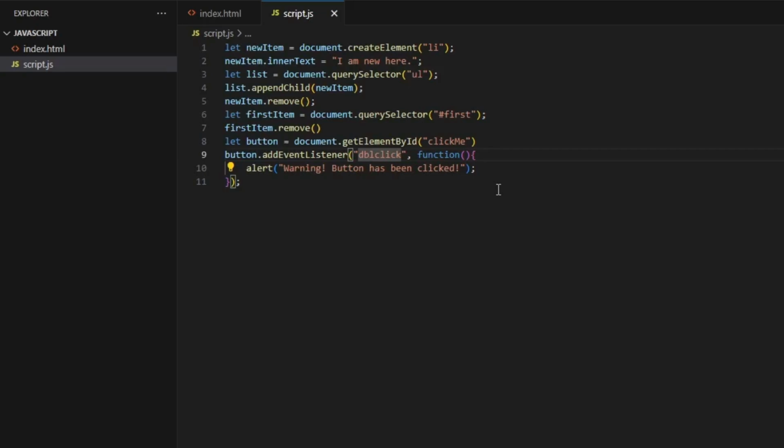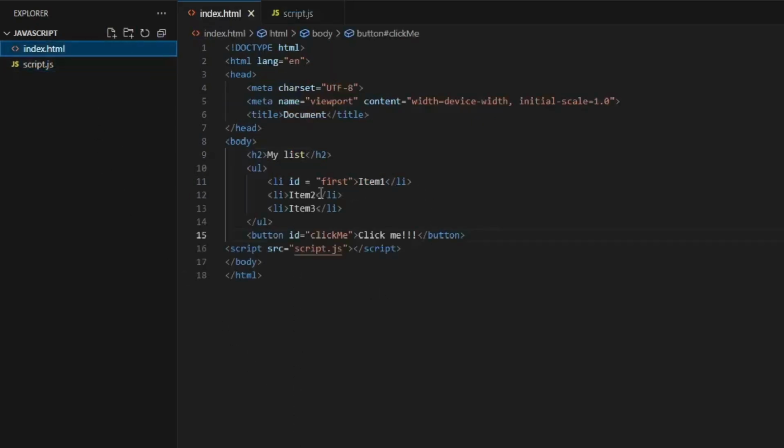So after learning about event listeners, we can move on to the topic of event delegation, which is handling multiple elements efficiently. Now imagine we have a long list of items, right? Here we have only 3, and that's valid. But if we have a long list of items and we want each one to change a color or change their color when clicked,